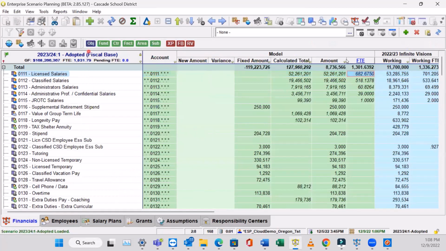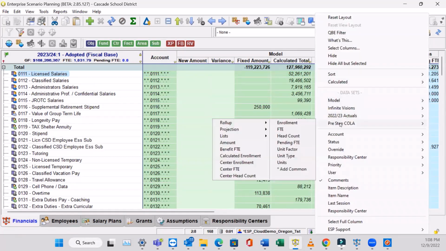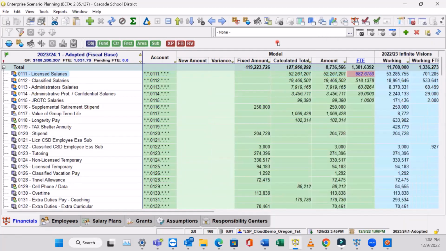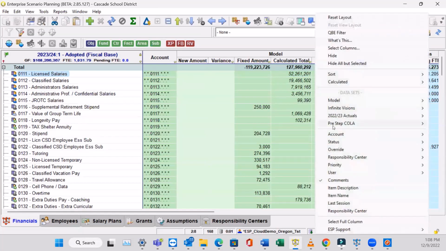And it comes back and nothing is different, but notice when I right click now, there's that fourth data set that I've just created, the baseline. And all I care about here on the financials, and this is on both the employees and the financials, you have the baseline. You have an exact copy. So I right click, pre-step,